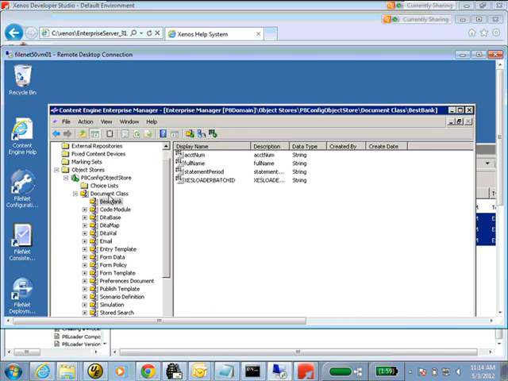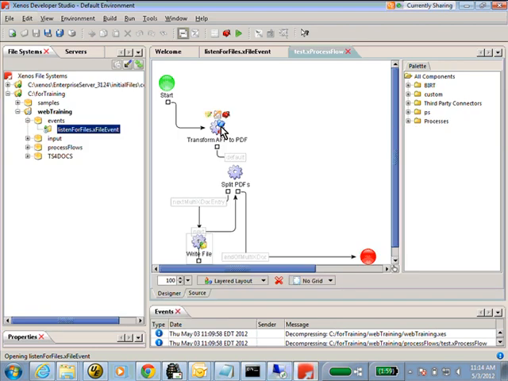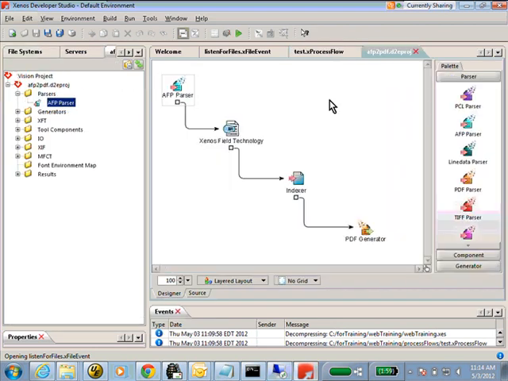So I set up this best bank document class. I set up these fields. Now what I need to do is go back in Enterprise Server and actually start setting up the process flow and the transformation so that these fields are filled in appropriately. I'm just going to go back in Enterprise Server here, and I'm going to go into the transform AFP to PDF and go into the Xenos build technology.